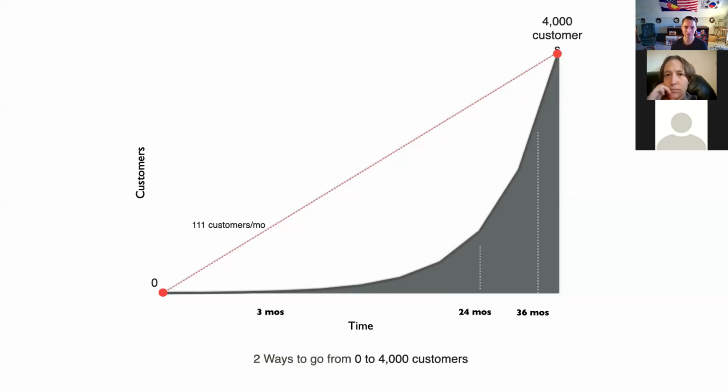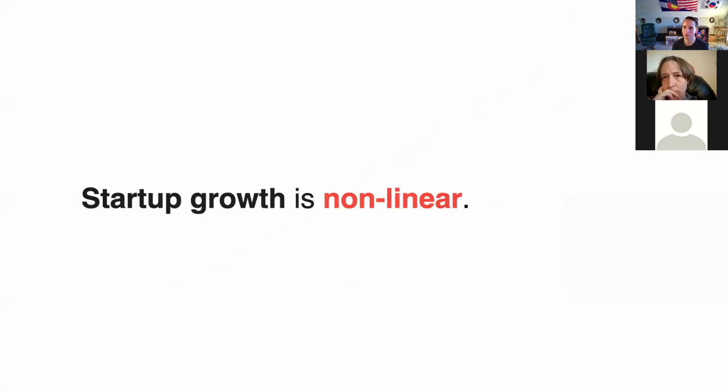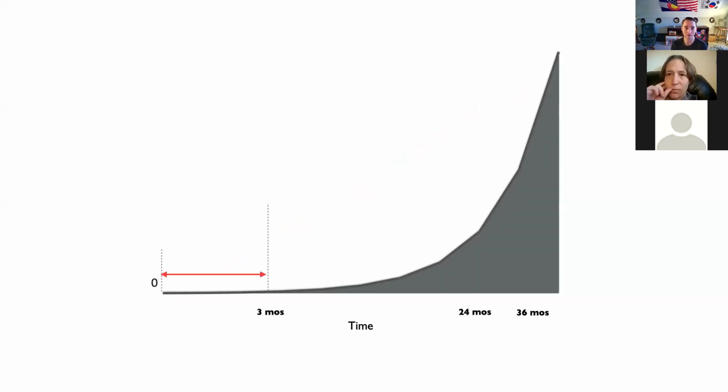But you're not going from 0 to 4,000 in a straight line, right? Startup growth, or even any new product growth, not just startups, it's non-linear, right? You need to decelerate at the beginning, not accelerate. You need to learn the things that are going to help you reach the next level of growth. So in this first little bit called problem solution fit,